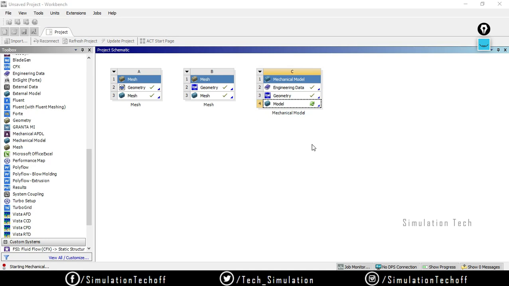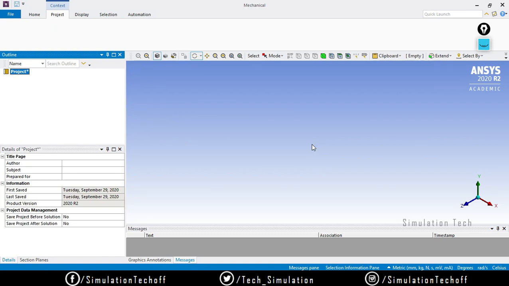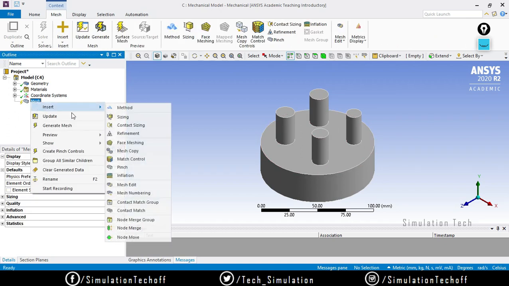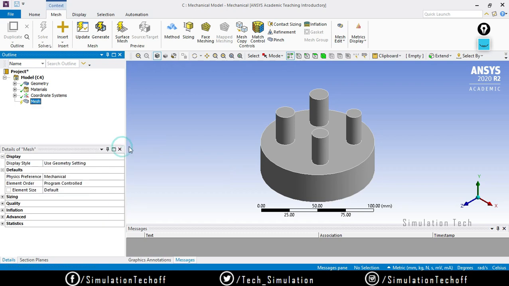So what is multi-zone? It will split my geometry into multiple pieces. The software will try to split my geometry into multiple pieces and convert it into a mappable geometry. Mappable is more similar to sweepable. It can mesh one side and extrude the mesh in a particular direction. So in this geometry, when I try to show the sweepable body, it doesn't show any sweepable body.